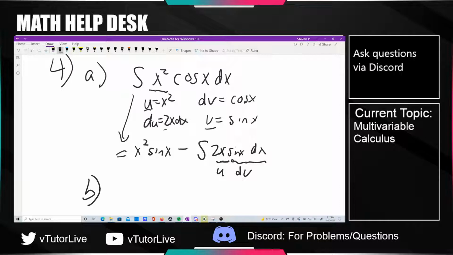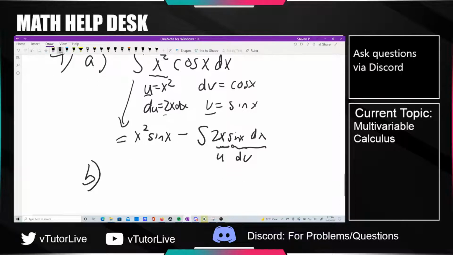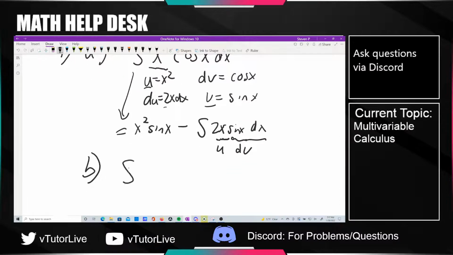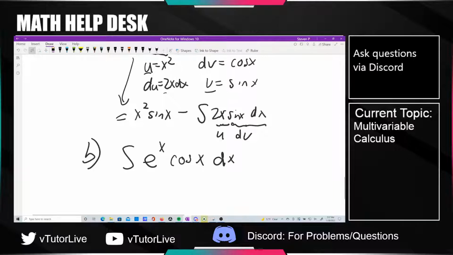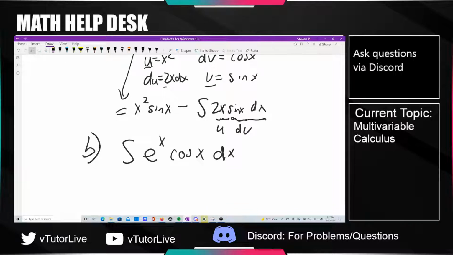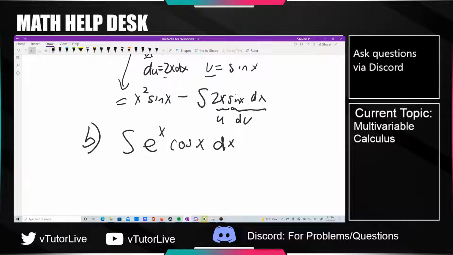So the next part is asking about a slightly trickier question, right? It's asking about the integral of something that looks like e to the x cosine of x. The problem itself has an extra pi term or some factor in there, but it doesn't matter too much. It's just a constant that gets chain ruled. But the idea behind this kind of problem is that if you integrate it once, you kind of end up with this term that looks like